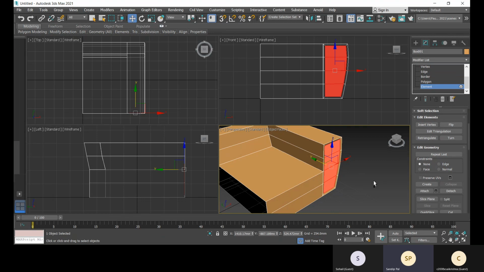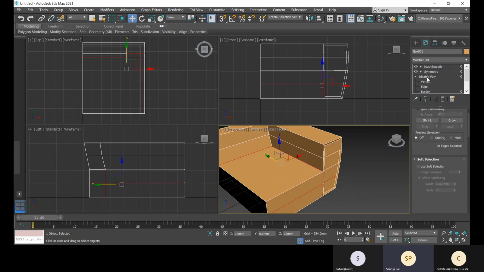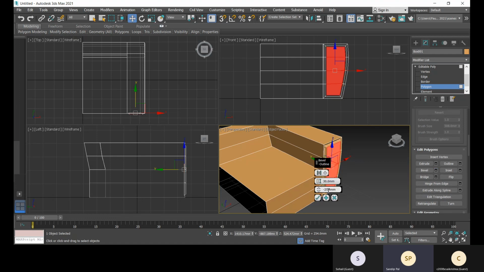Okay, so sorry, there is the option. The polygon will be selected and then use the bevel option. Then this value will be 50. Okay. So inset and extrusion are combined in bevel.